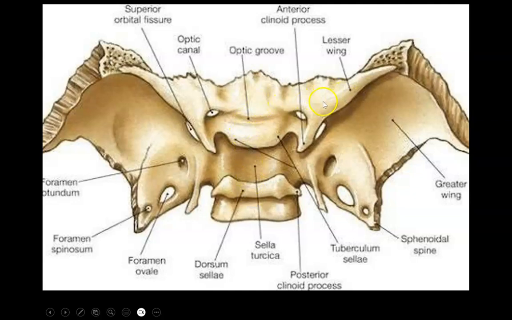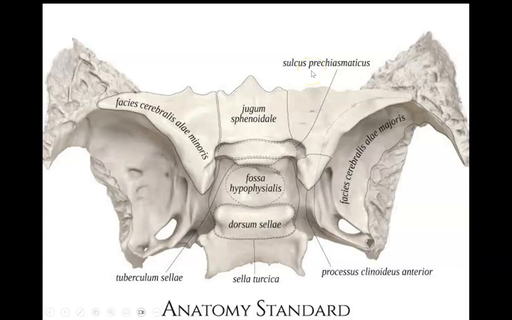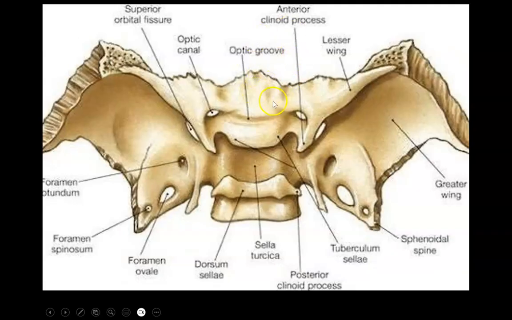Laterally we have the lesser wing of the sphenoid and the greater wing of the sphenoid. The medial part of the lesser wing of the sphenoid is the anterior clinoid, and through it is the optic foramen. So medial to it is the optic foramen, optic nerve. So this is the anterior clinoid process. The most lateral part of the tuberculum sellae is the middle clinoid process,